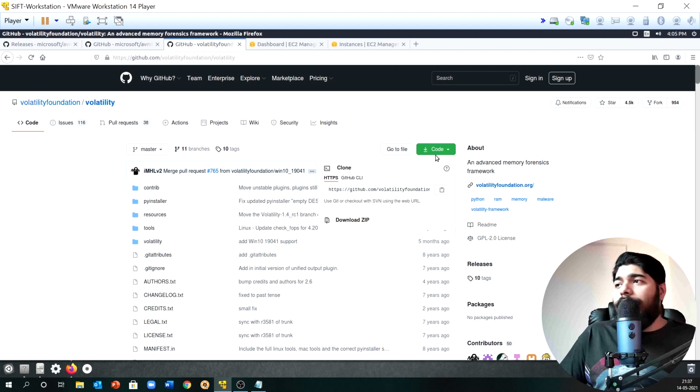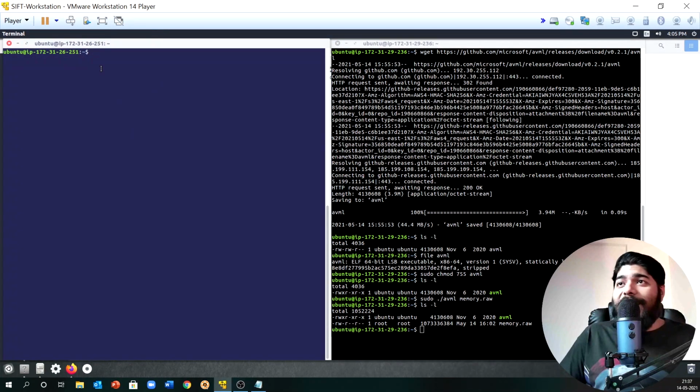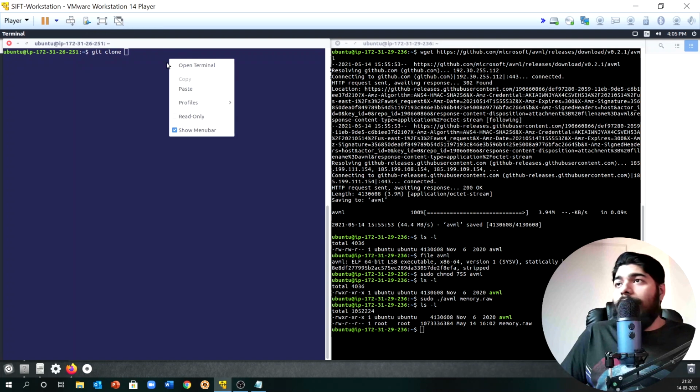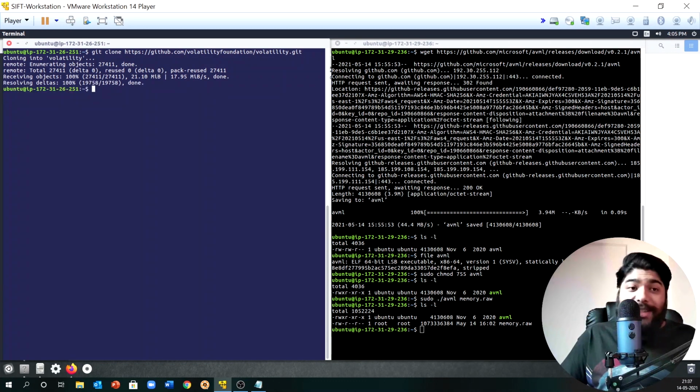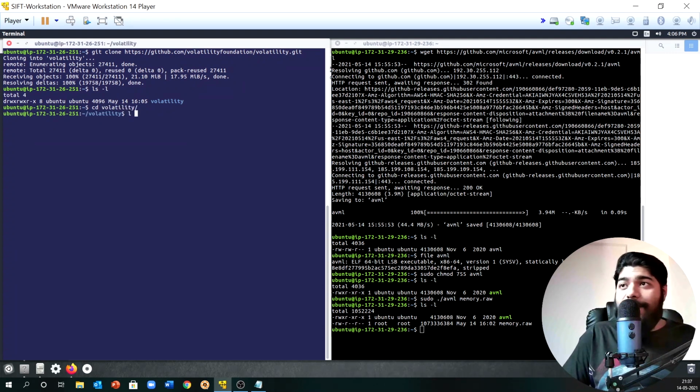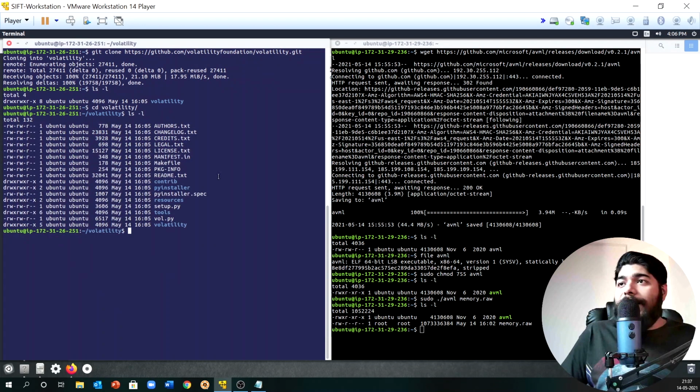Okay, so I'm just going to copy this simple code, because I'm going to git clone this particular thing, and I will minimize my terminal. I'm going to simply git clone this full repository, because that's going to dump the Volatility repository to my forensic workstation, which is what I need. Okay, so I'll do a quick ls -l to verify whether Volatility is there. So Volatility has come into my machine, and I'll do a cd volatility to verify what files are currently present inside that folder. And as you see, these are the obvious tools that are going to be present on your machine.